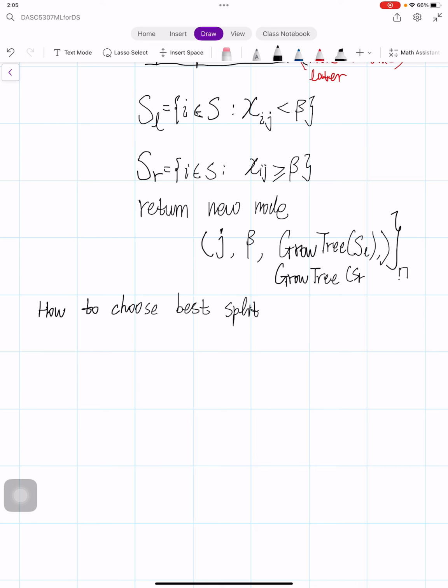So this algorithm is done, but here we give a little more detail on how to choose the best split. Among all possible splits,